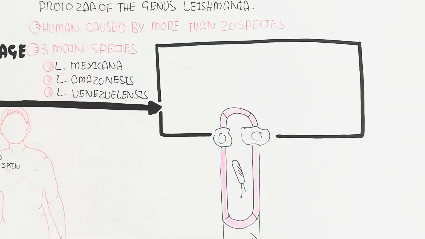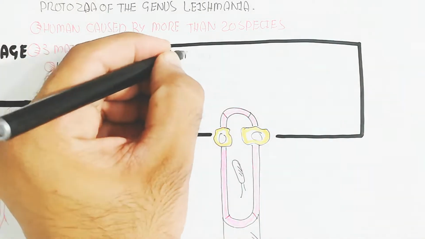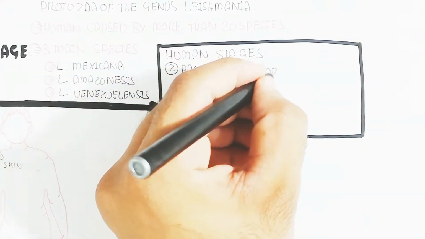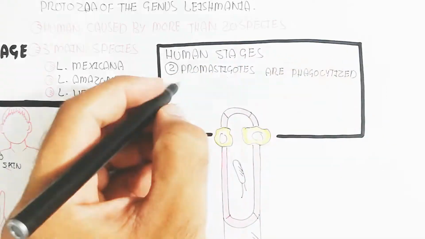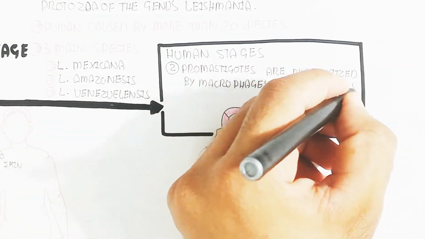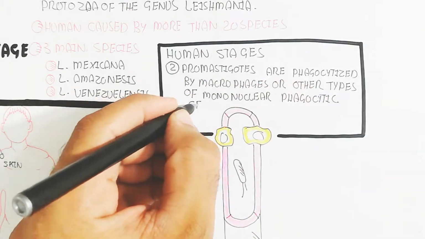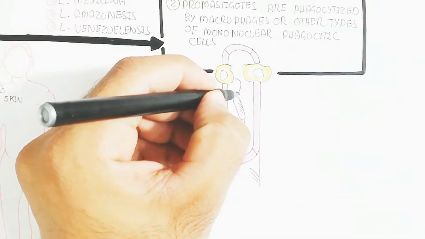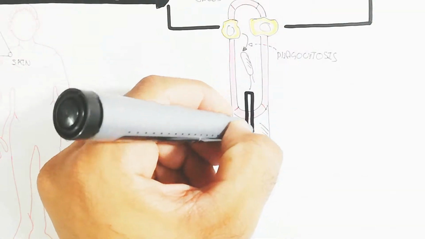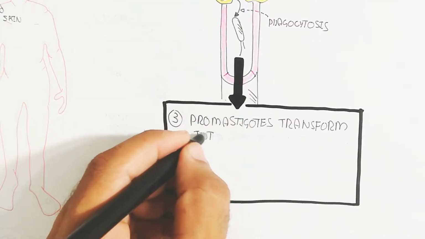Number one is the injection: the sandfly takes a blood meal. The second is the human stage. This means the promastigotes are phagocytosed by macrophages in the human blood circulatory system or other types of mononuclear phagocytic cells, like granulocytes, neutrophils, or polymorphonuclear cells. So phagocytosis of these promastigotes occurs, and